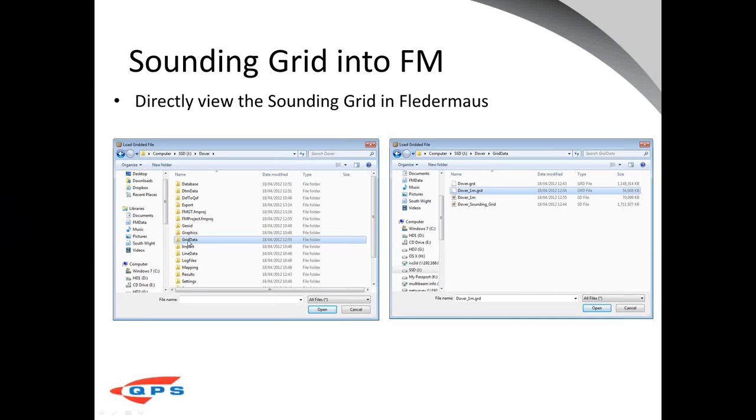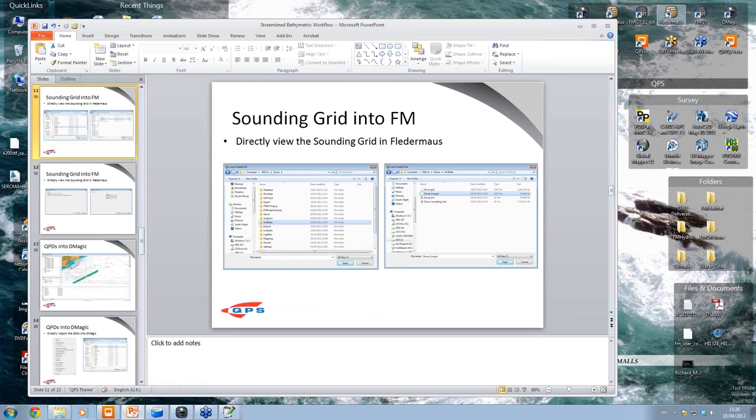And this is really just to show you where the sounding grid resides. This is in that QINSy project. The sounding grid lives in the grid data folder. So this is our .grd file here, and this is it for a quick look in Fledermaus. In dmagic, everything is set within the Fledermaus project structure. Within Fledermaus itself, if you just bring a file in, it saves it in the same place as whatever file it was that you brought in. So here I just did a couple earlier, and they're saved in the same folder as the grid data. So just to let you know where they go. But to give you an idea how simple it is,